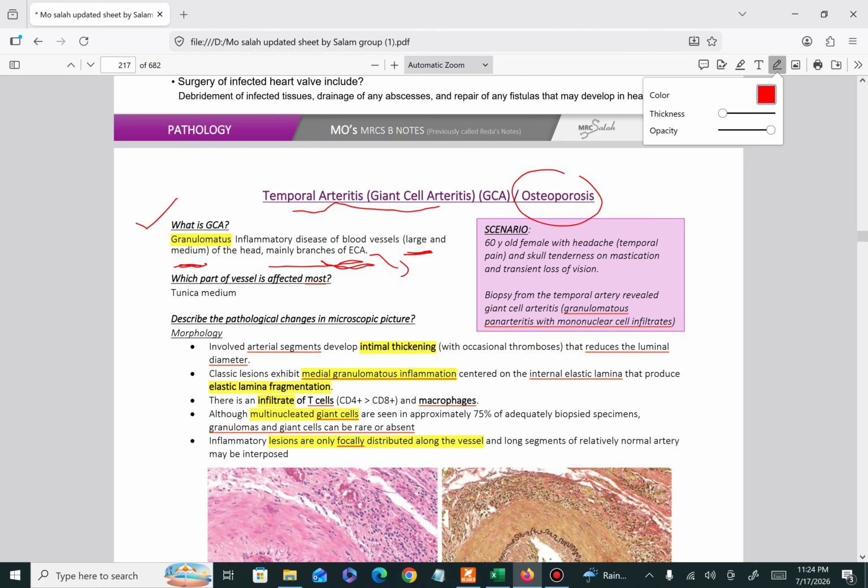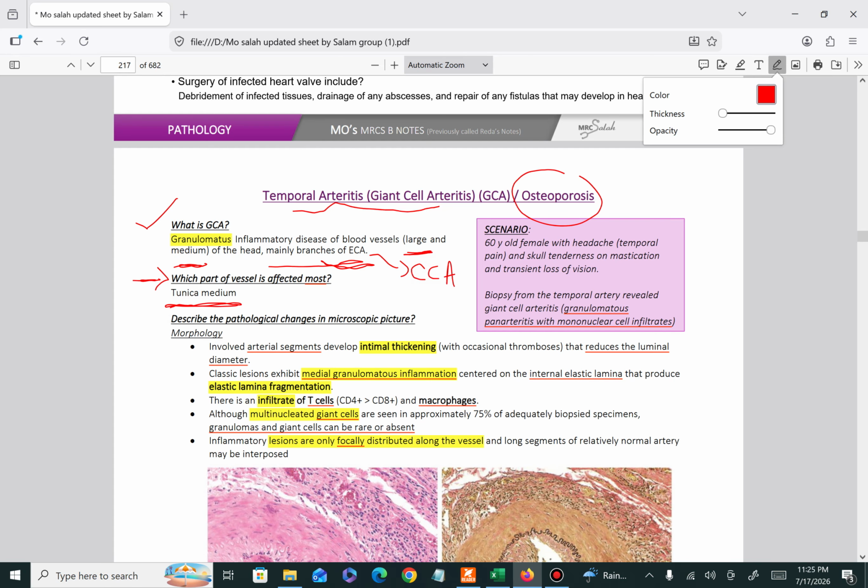It is the branches of the common carotid arteries, so it can involve the external carotid artery as well as the internal carotid artery. Okay, so which part of the vessel is affected most? The tunica media layer of the vessel is mostly affected by giant cell arteritis or